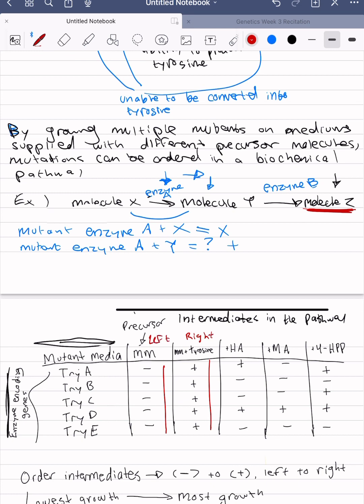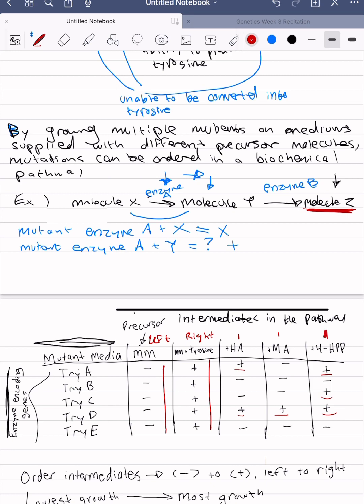Now, if we look in the pathway, we see that HA has growth in two different genes, or mutations. MA only has growth in one. HPP has growth in three. So this would come right before tyrosine. HA would come right before HPP. MA would be right after minimal media because it had the least amount of growth with regard to these